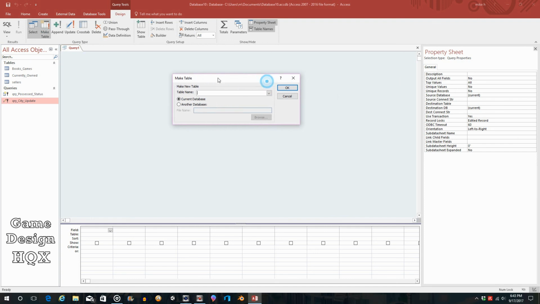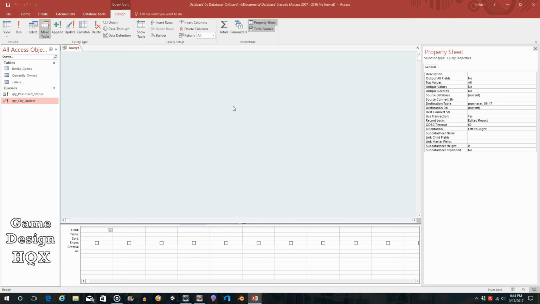Now you get a new pop-up that you've never seen before. Table name. So we're going to create a new table. Let's call this purchases_09_17. All right, so before I go any further, sometimes what will happen is a database will create temporary